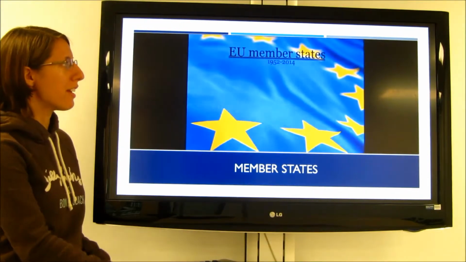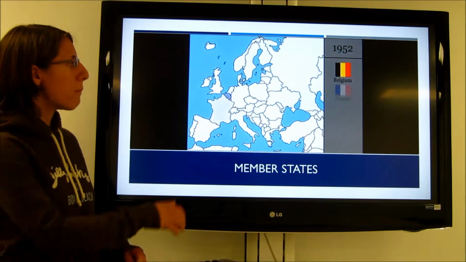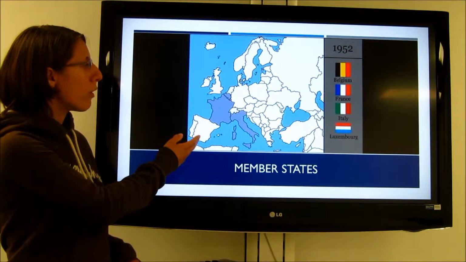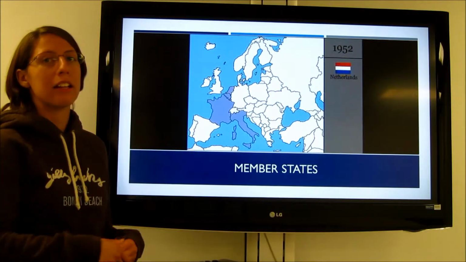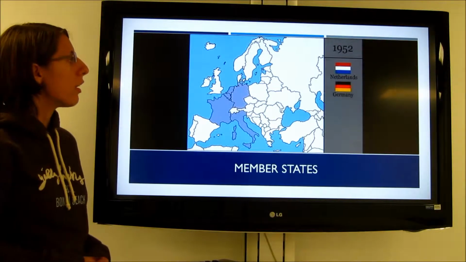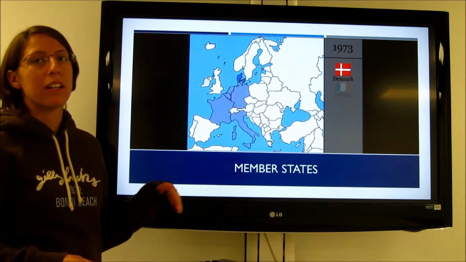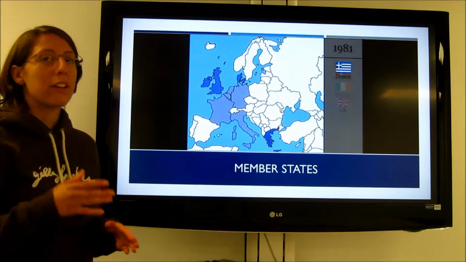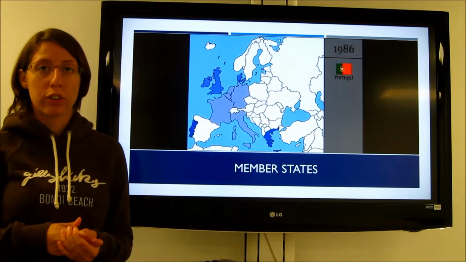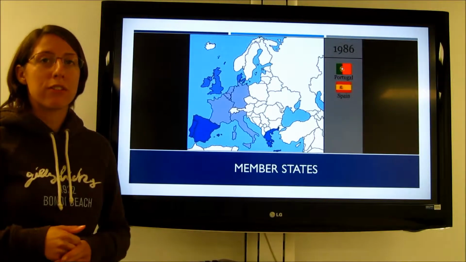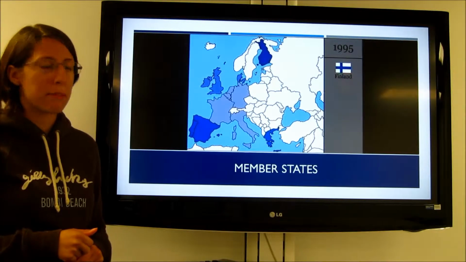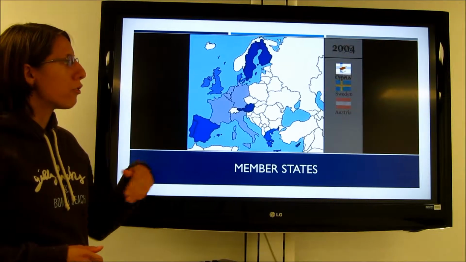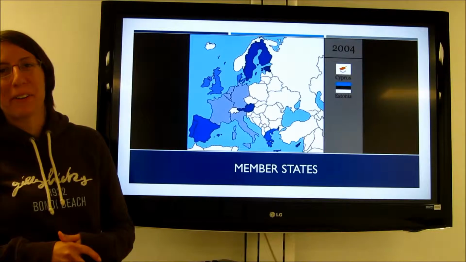Then we have member states. These member states I mentioned on the map, as they are gradually becoming blue. Most of them began in Western Europe, like Belgium, France, Italy, and Luxembourg. And later on, they branched off to the north of Germany, Norway, Denmark, Ireland, the UK. And later on, especially after the Iron Curtain fell, we see more of the Eastern European countries coming into the member states as well. This will come in later over here, which is Austria. Well, that was part of the Iron Curtain.